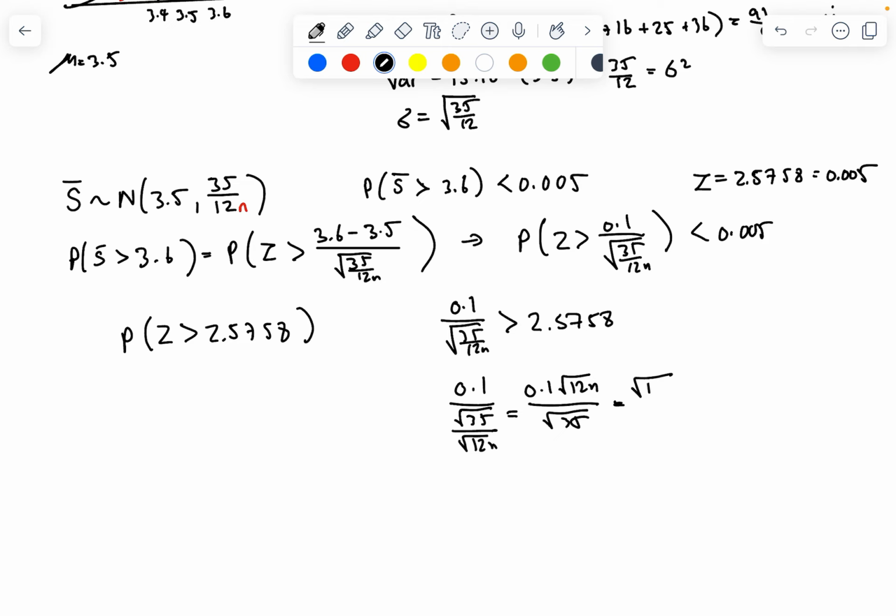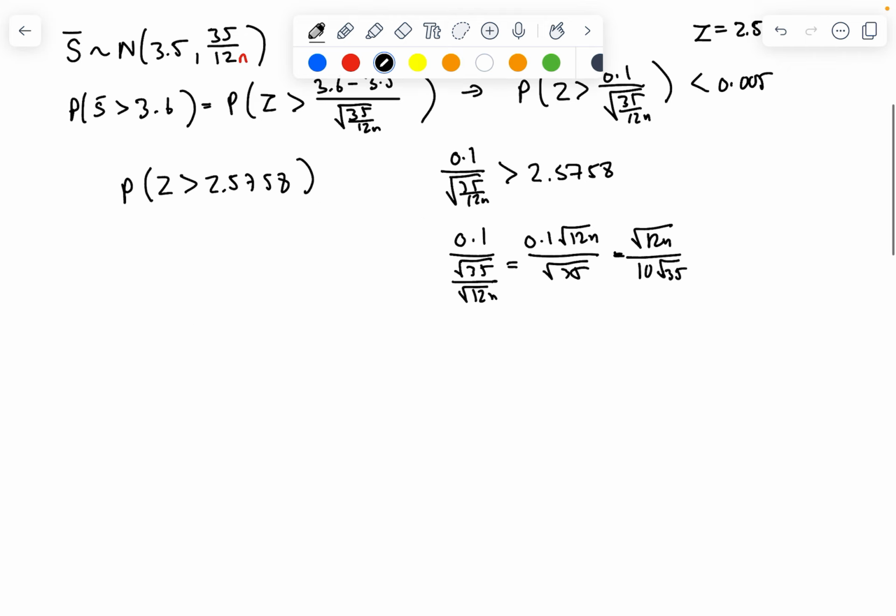So I can rewrite that as the square root of 12n over 10 times the square root of 35, which is greater than 2.5758, and therefore if I square both sides, 12n